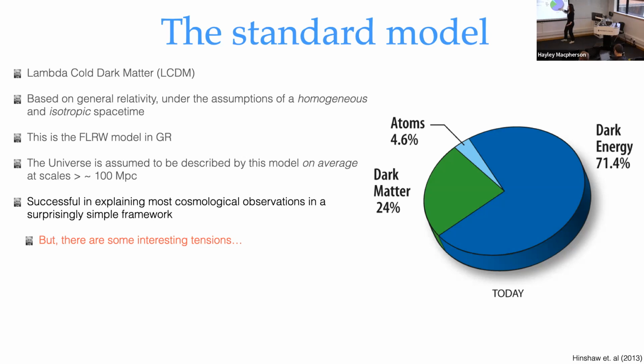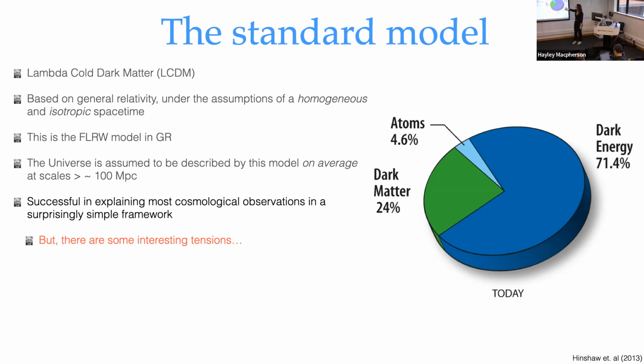In reality, what we do is we typically assume that the universe is well described by this model on average on large scales. So it's typically used as a zero-order description for the dynamics and expansion of the universe. And this lambda CDM model has been extremely successful in explaining almost all of our cosmological observations to date in a surprisingly simple framework. I mean, this is oversimplifying it a bit, but it's really not that much more complicated